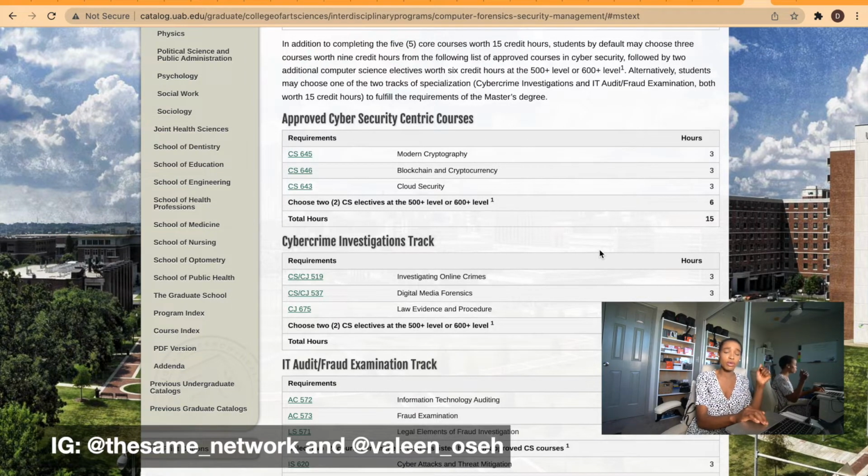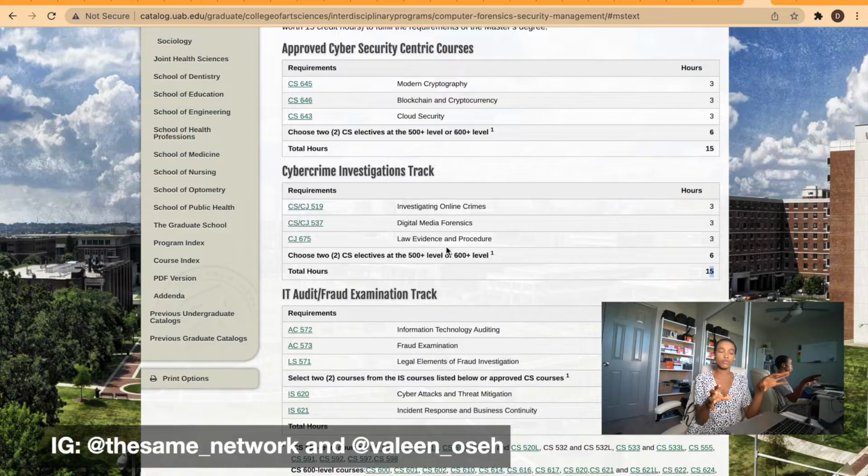So if you're coming to UAB for the cybersecurity program, look through the curriculum. Which of the tracks are you going for? And when you're registering for courses, register for those courses. But my challenge at the time was I had deferred my admission from fall to spring. And the way the American educational system works,